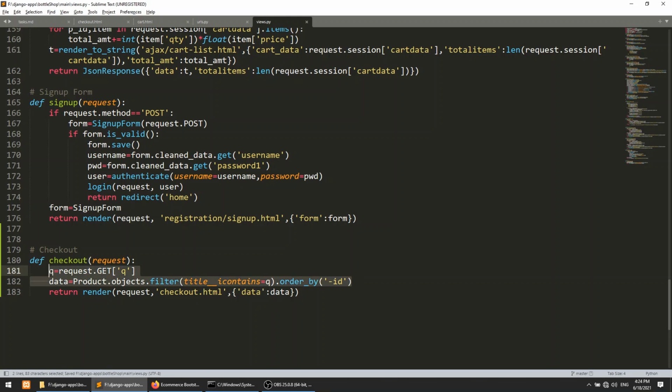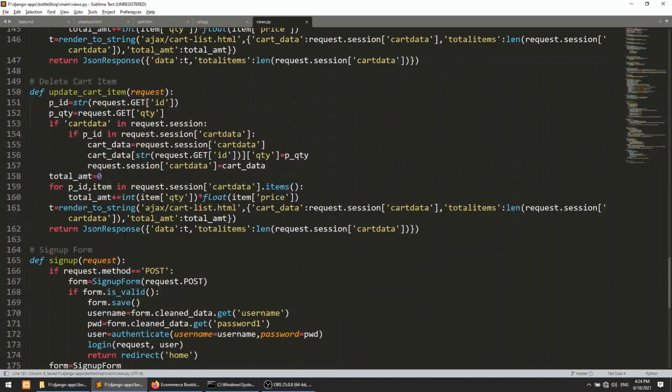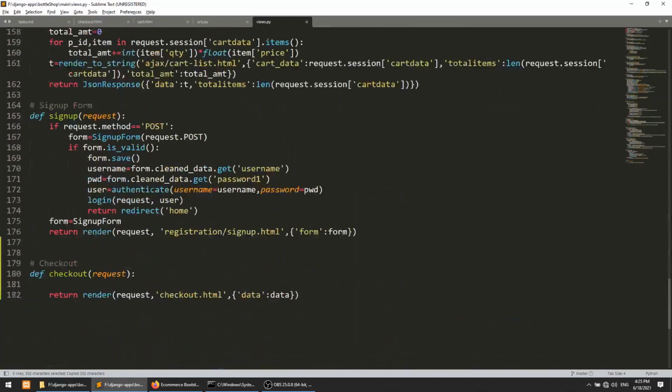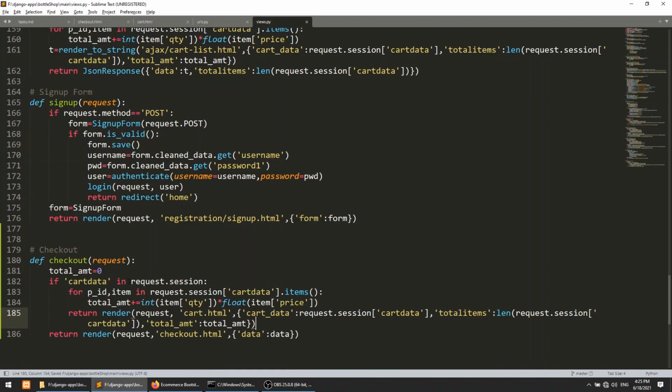Okay, and here we will pass the cart data. So what we will pass here, we will pass the cart data, so copy, and here we will paste it. Here we need checkout.html. I will remove this. So we have the data, we have total items and all the things.